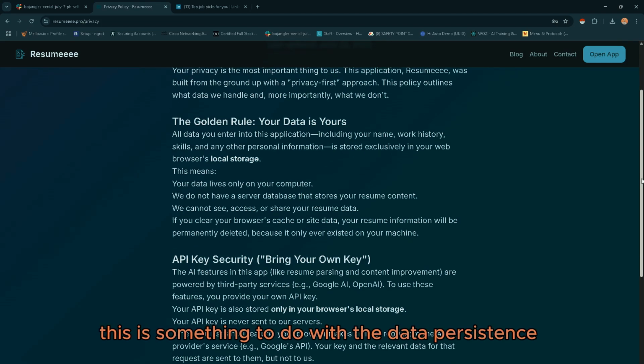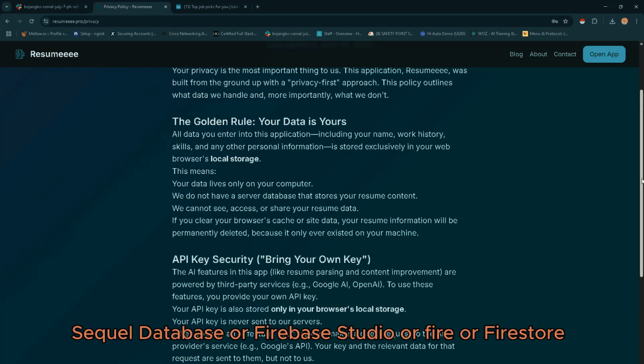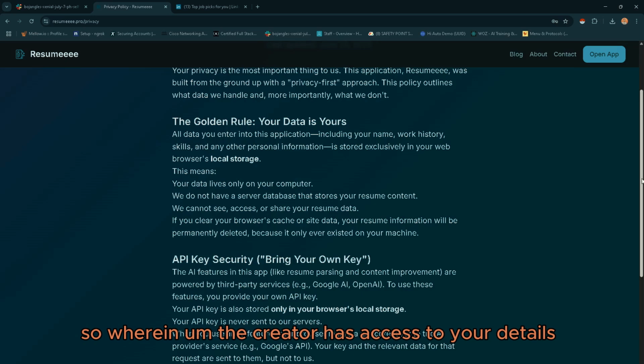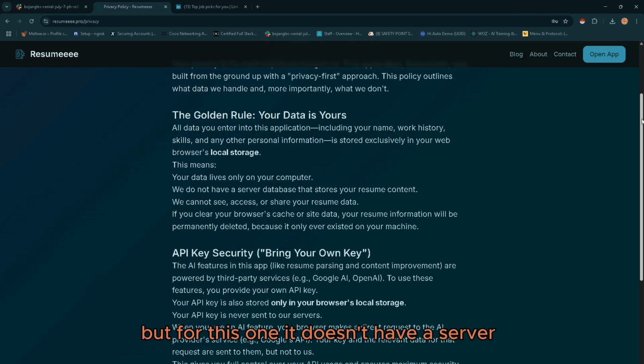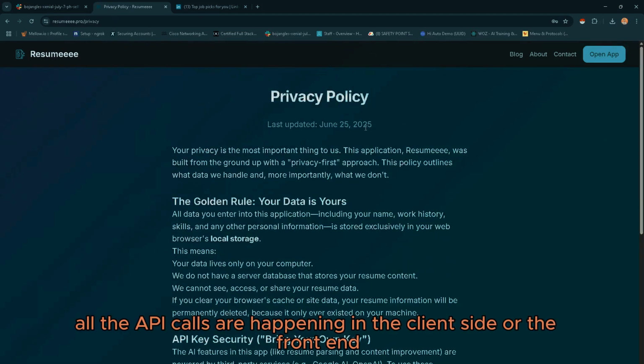So this has something to do with data persistence, because some websites have a database like SQL database or Firebase or Firestore, wherein the creator has access to your details. But for this one, it doesn't have a server. So all the API calls are happening on the client side or the front end.